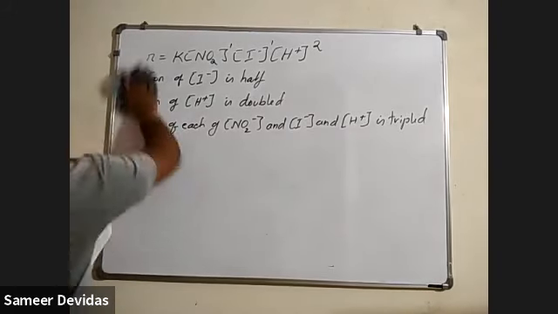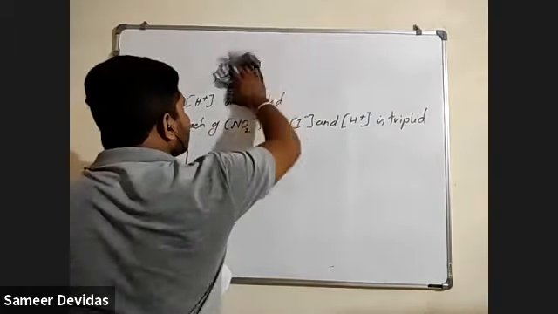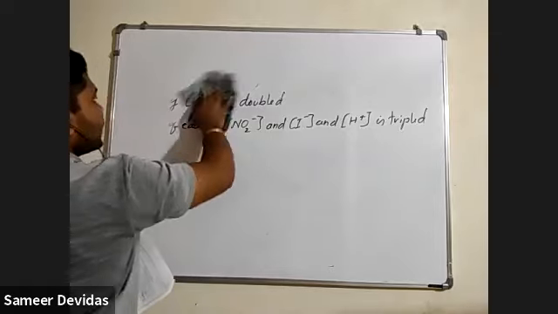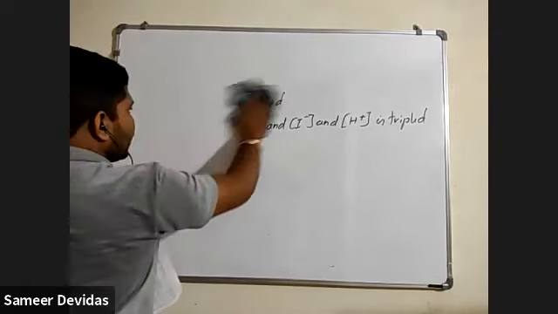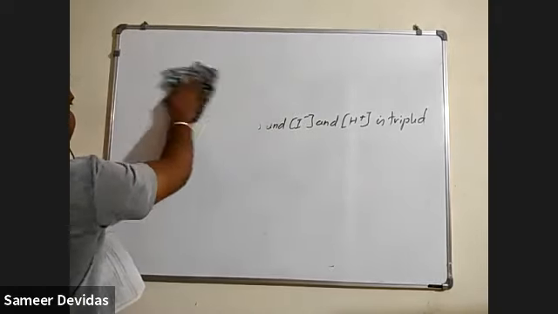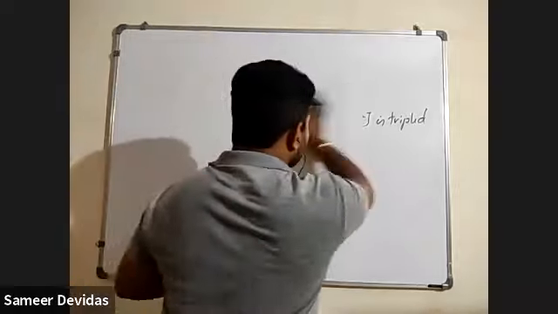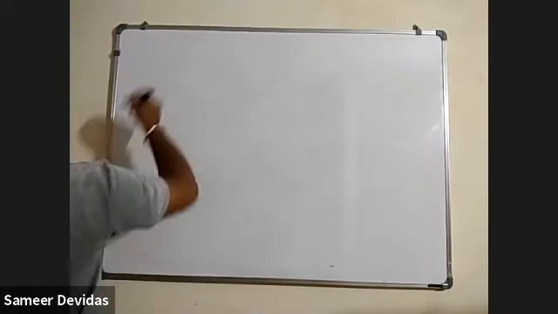Then we'll go for order of a reaction. Very, very important. This order of a reaction concept is one of the most important in chemical kinetics, because every time we are going to use this word, an entire lesson depends on order of a reaction. So this is just introduced to us now, but order of reaction is one of the important things.